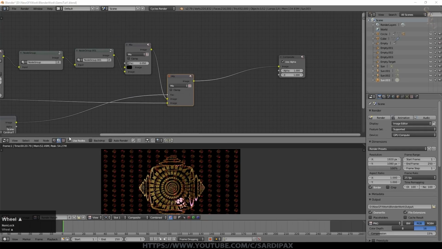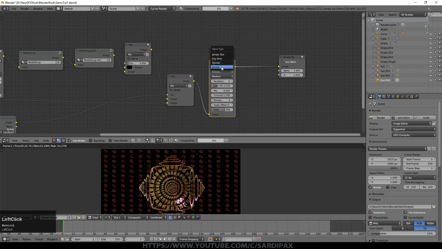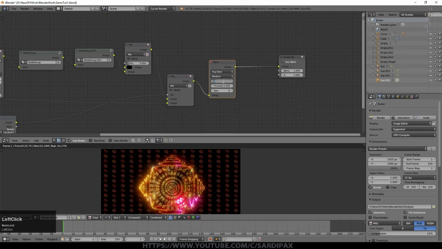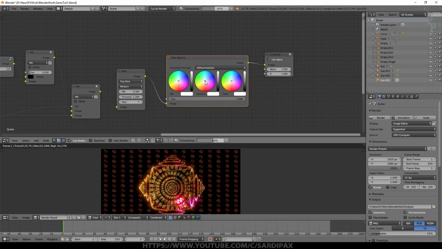I'm now going to add a glare node. So that's under filters. Drop that in there, set this to fog glow, leave it on medium. I used a mix of -0.3 and a threshold of 1.2 because it was a bit too glowy, and a size of 7, just brought the size down a little bit. At this point, if you want to, you can do some color balance, and I just sort of came down a little bit on gamma into the red yellow sort of area, and a similar direction for the gain, just to warm the image up a little bit.